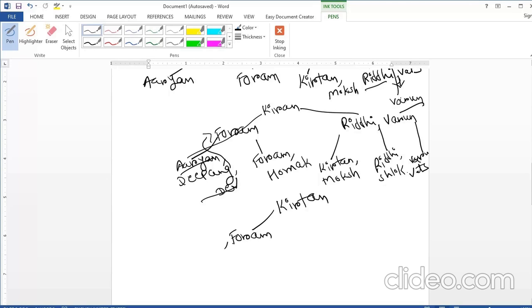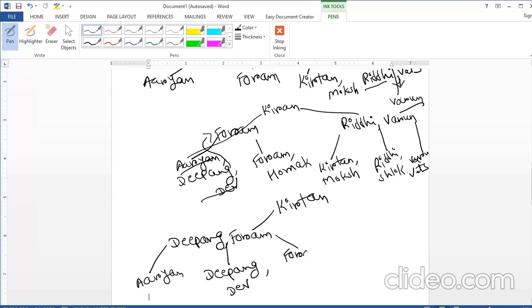And here we are going to write this value, Dipang. In the left pointer, value Aryan; here we'll have Dipang and Dev.